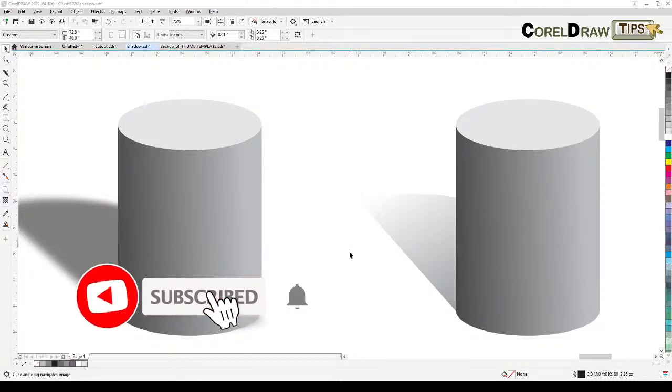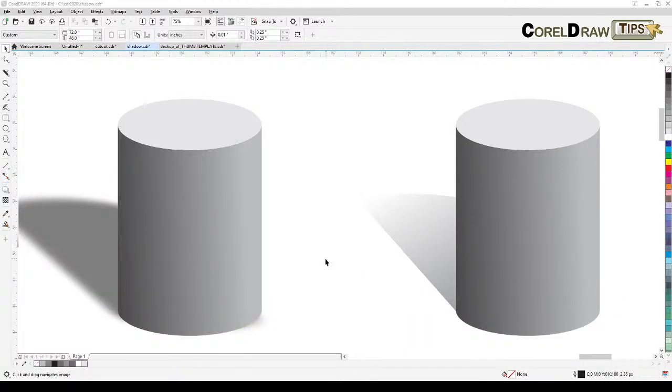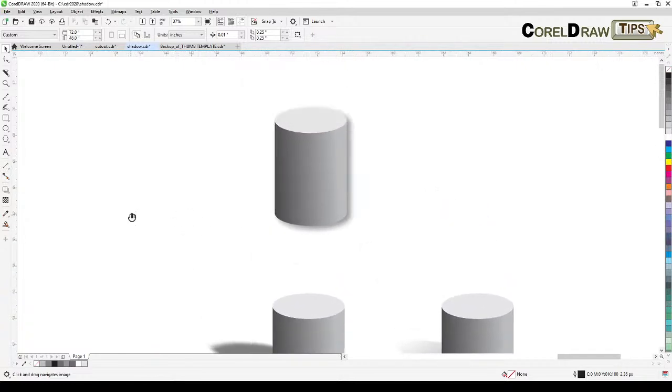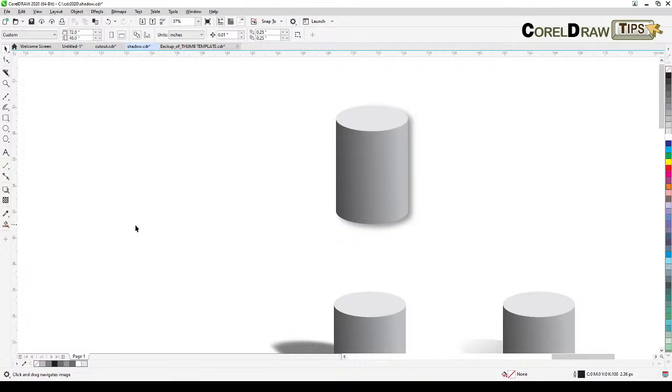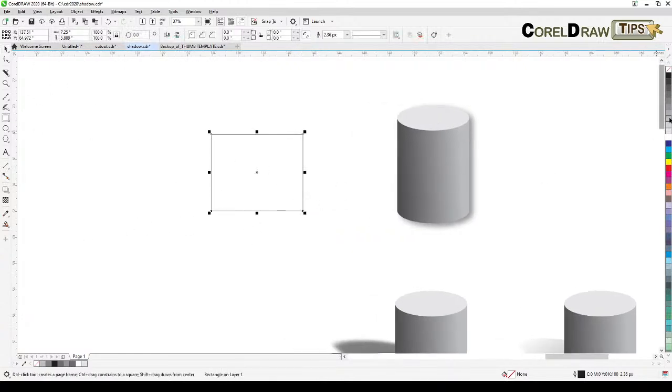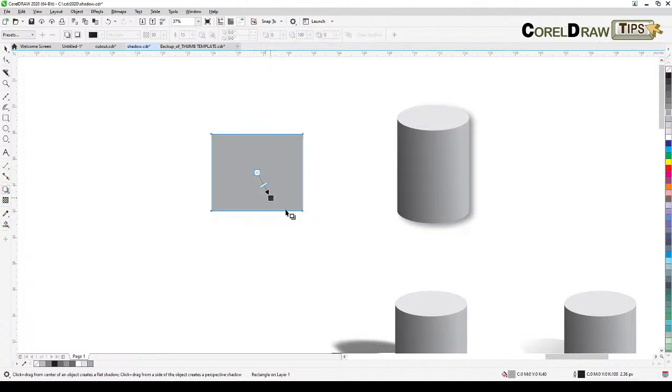Hello everyone. In this live stream, I'm going to show you how to create custom shadows like this one. So we know that there is a drop shadow feature in CorelDraw wherein if you create a square, a circle, a rectangle, or any shape, and then you want to cast a shadow on it, you just go to your shadow tool and then click and drag, right? So that is fine, but